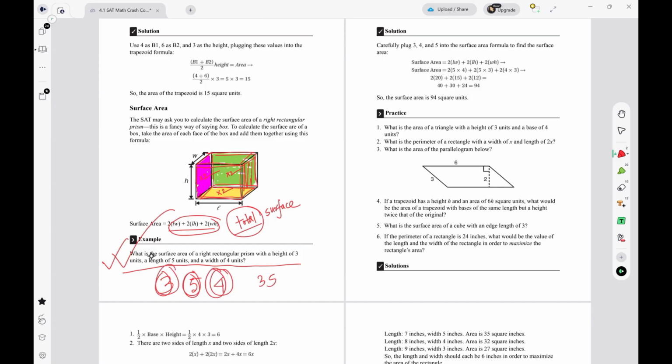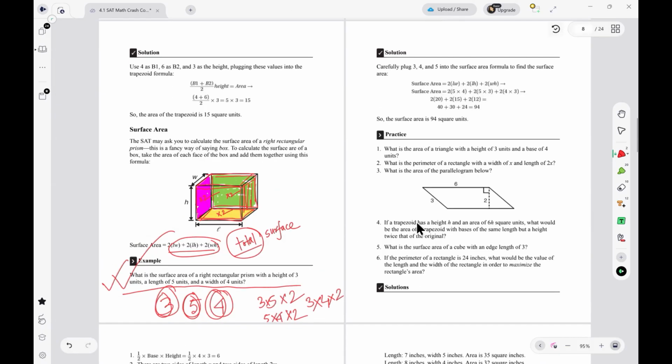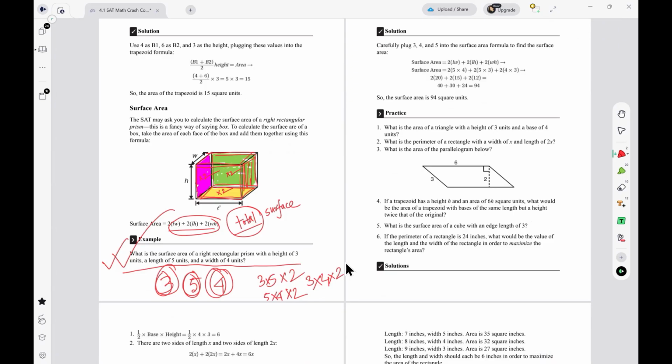3 and 5, 5 and 4, and 3 and 4. It means 3 multiplied by 5, 5 multiplied by 4, and 3 multiplied by 4, and then multiply each by 2, and then add all the numbers. You got it? Okay. I'm just telling you for simplicity, you just need to make some pairs. So for your practice problems: